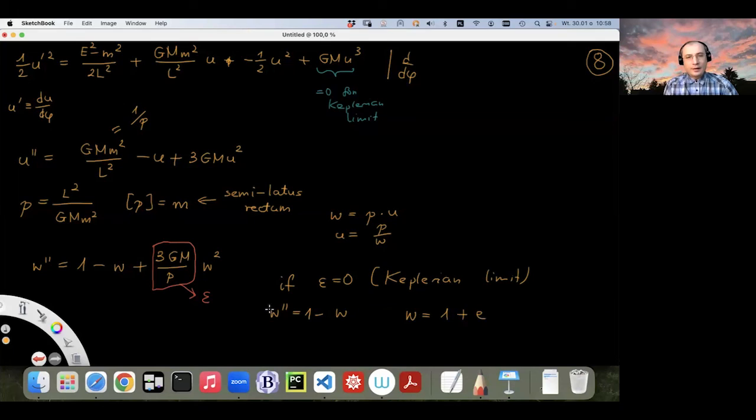plus E, and here we can take any sine or cosine, any trigonometric function we want. I will use the cosine because it's customary to use it this way. This means that we assume that the orientation of the orbit is particular. And I call the magnitude, the amplitude of these oscillations E. It's a dimensionless parameter, which is called eccentricity in astronomy. And from this, it's easy to get the equation for the